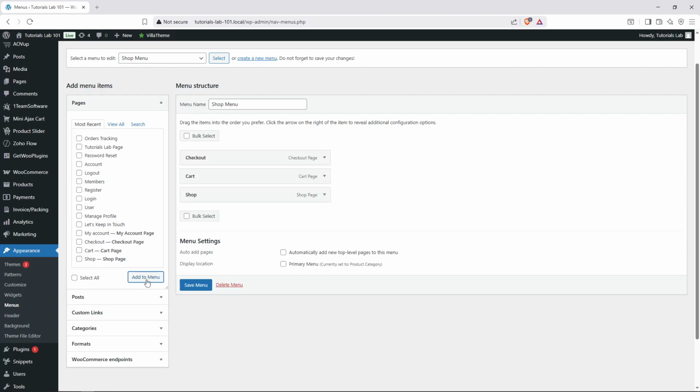After clicking Add to Menu, you'll see these items appear in the menu structure section on the right side of your screen. This section visually demonstrates how your menu will look and allows you to drag and drop items to rearrange their order. You can create submenus by dragging items slightly to the right under Parent Items, which creates a